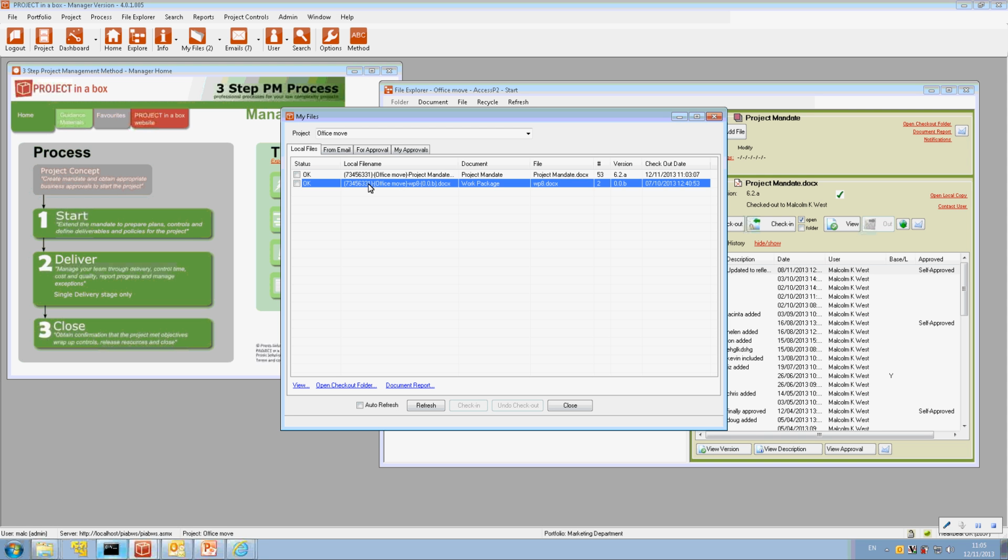If I want to open it from here I can continue working on it, or I could finish working on it, check it back in, or in fact undo the checkout, say well I don't really need it anymore, I'm going to put it back as it was and let somebody else work on it instead. So here's my project mandate example we were just looking at a second ago. What I'm going to do is check that one back in,